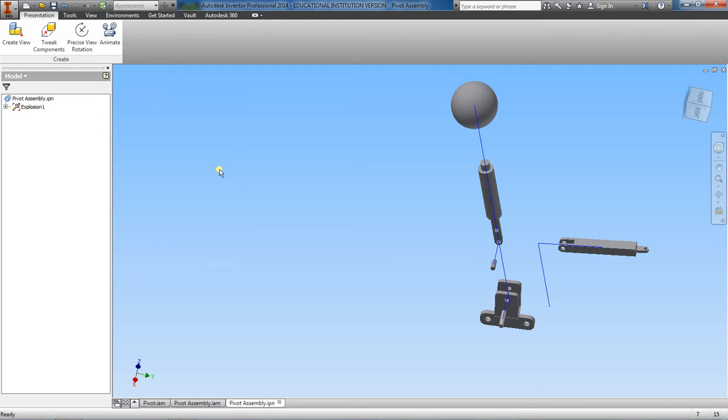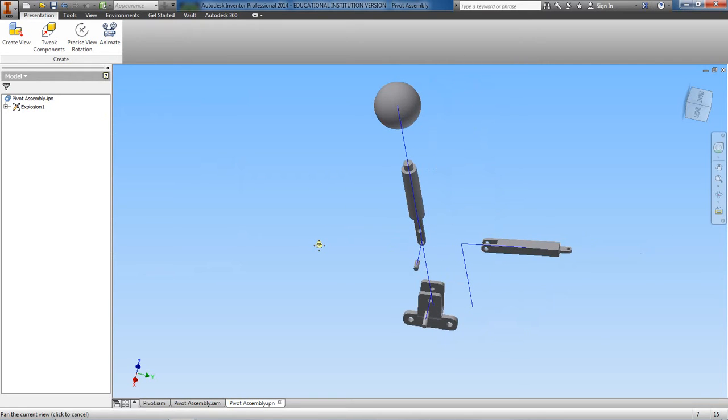Okay, so we have our parts all separated, and we were able to animate it and see that physically, it makes sense how we've separated the parts. But this looks a little long, as far as the distance between these parts. So when we go to pull it up in a drawing file, like in the isometric view, we might run out of